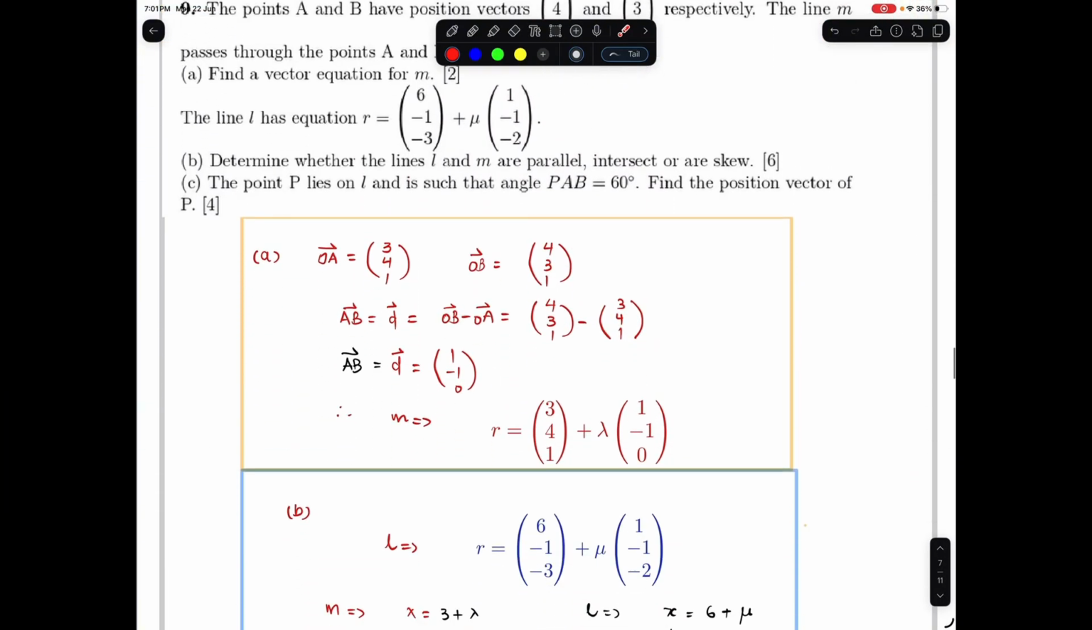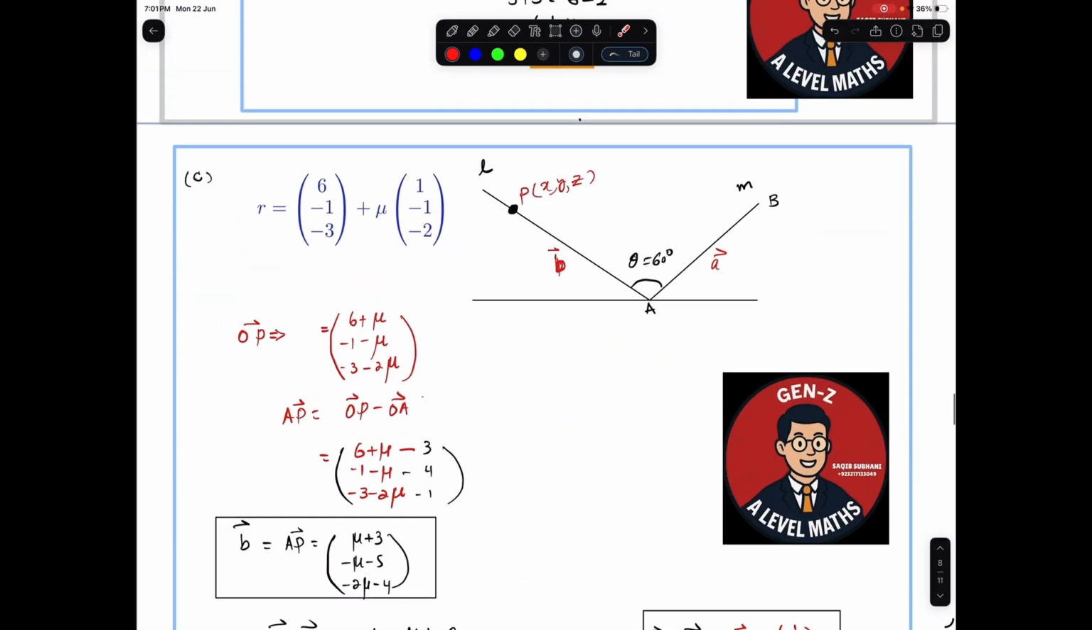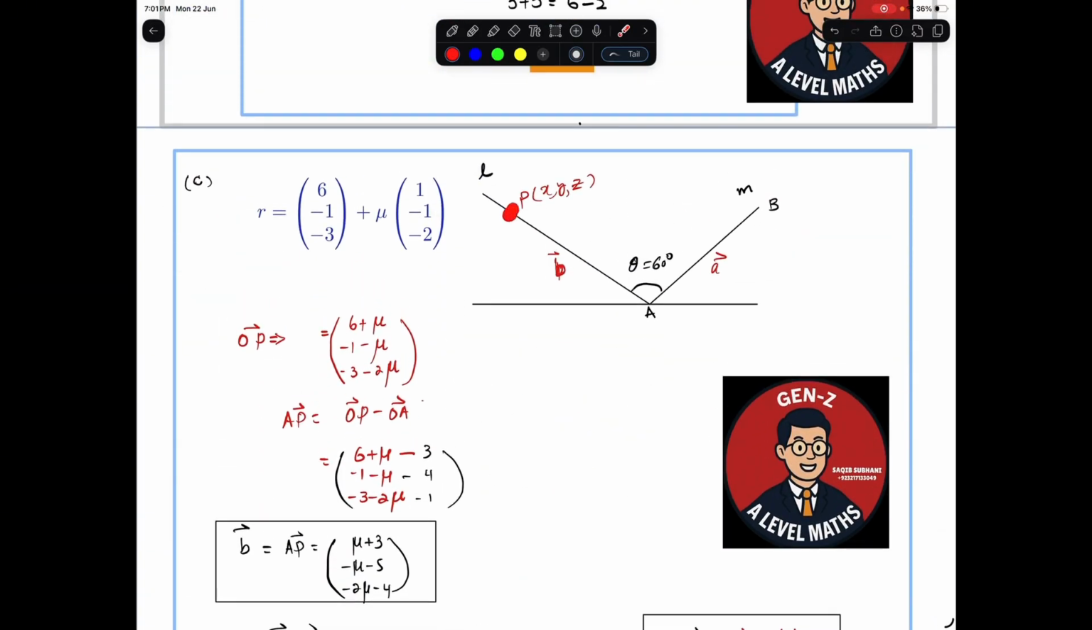4 marks, very easy question. The point P lies on L and is such that PAB is 60 degree. Find the position vector of P. तो हम P को कोई position vector L के ऊपर assume करके x, y, z कह देते हैं। ये हमारे पास A है, ये B है, ये दो वेक्टर्स एक AB हो गया, एक AP हो गया। ठीक, तो इसका डायरेक्शन वेक्टर और इसका डायरेक्शन वेक्टर, हम OP का एक पोजीशन वेक्टर बना लेते हैं।